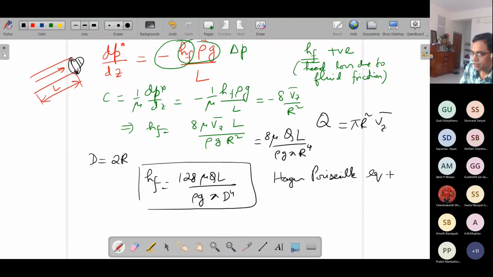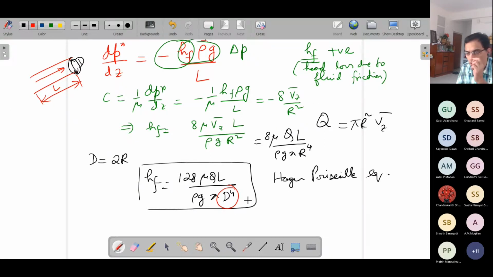circular pipe. So you can see the very impactful dependence on the diameter of the pipe. The larger the diameter, for a given flow rate, the head loss gets smaller. On the other hand, the smaller the diameter, the head loss becomes tremendous. That means you require huge pumping power to drive the flow. And that is one of the great challenges in microchannel flow if you want to use traditional pumping to drive the flow. So if D goes down from say 1 centimeter to 1 micron,